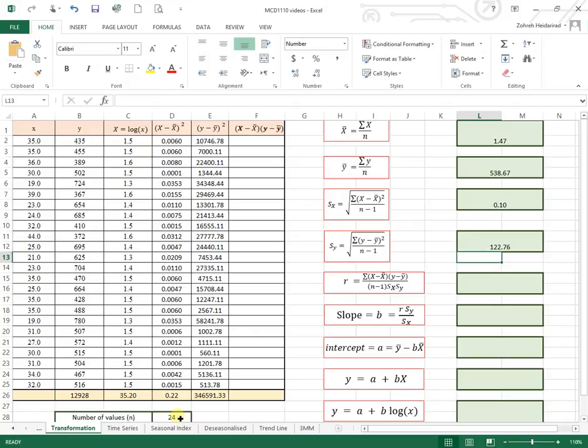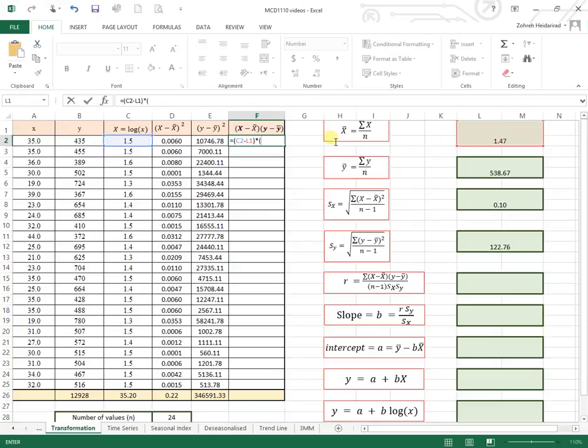Now we need to calculate the correlation coefficient before calculating the slope. Correlation coefficient is the total of (x minus x bar)(y minus y bar) divided by (n minus 1) times the standard deviation of x times the standard deviation of y. So we need to calculate x minus x bar. Just work with capital X, be careful, minus x bar